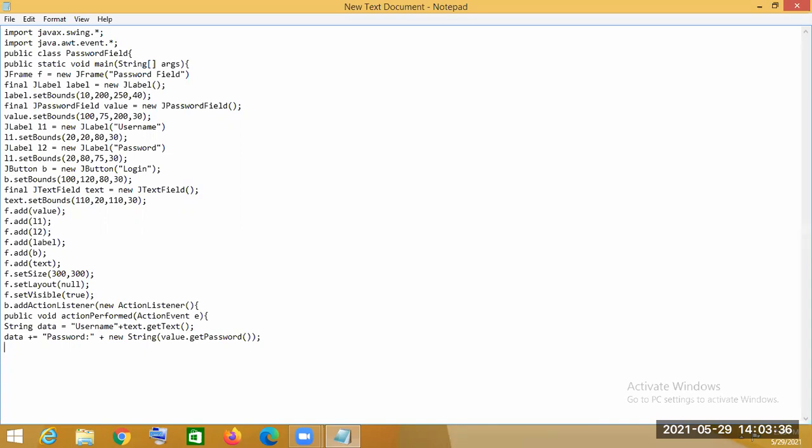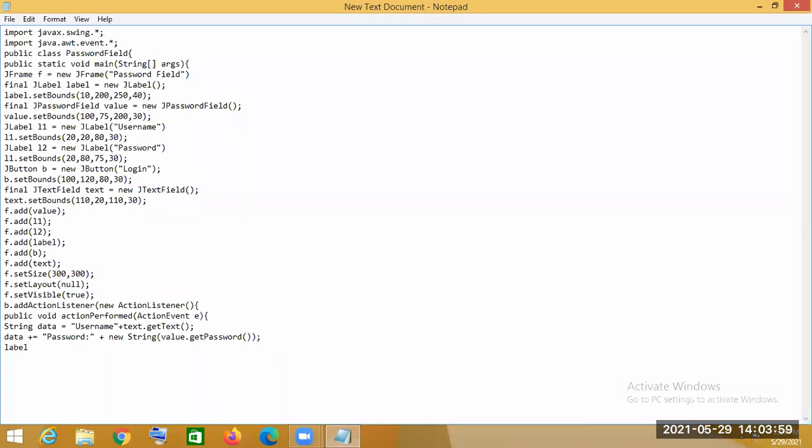Now the password will be written, and you can see the value dot getPassword. The value is of the password field object, so we are calling getPassword, through which the password written in that field is obtained.